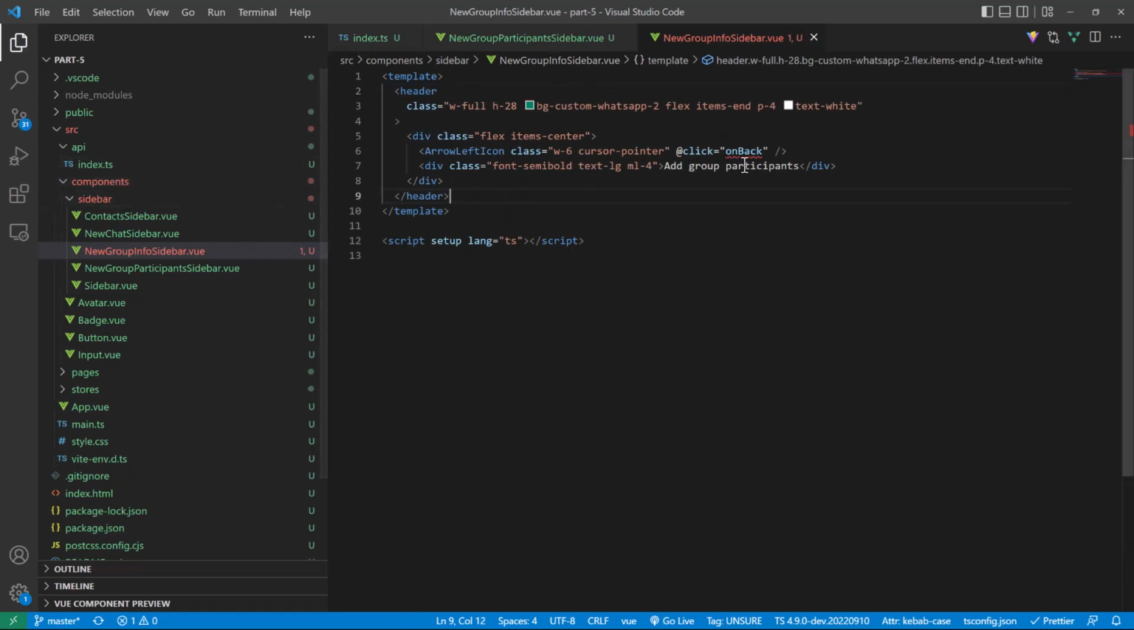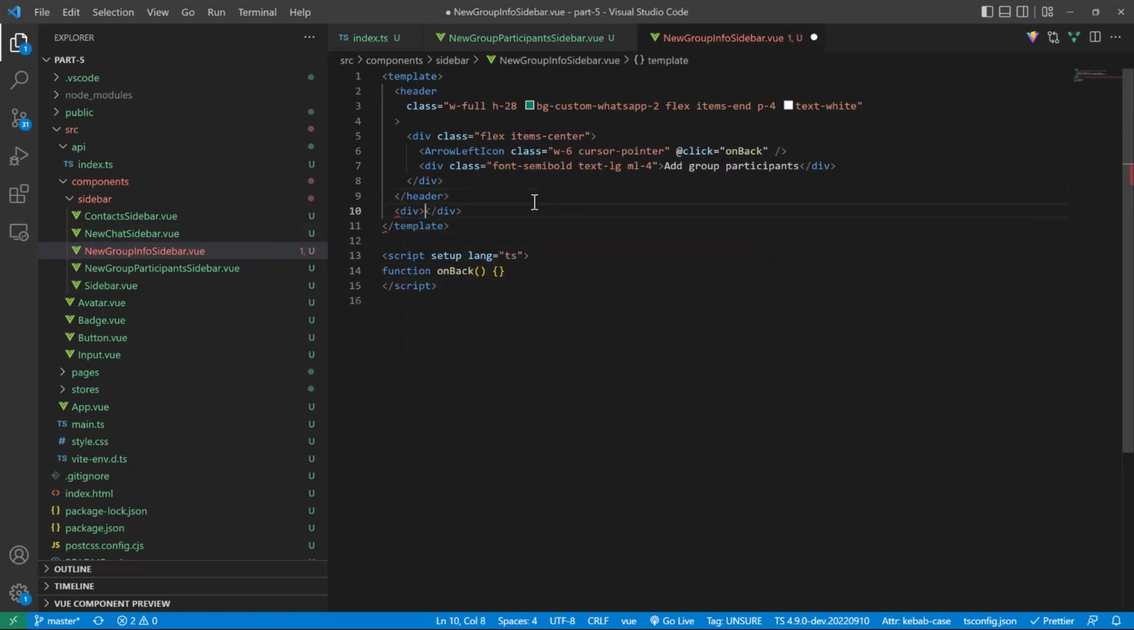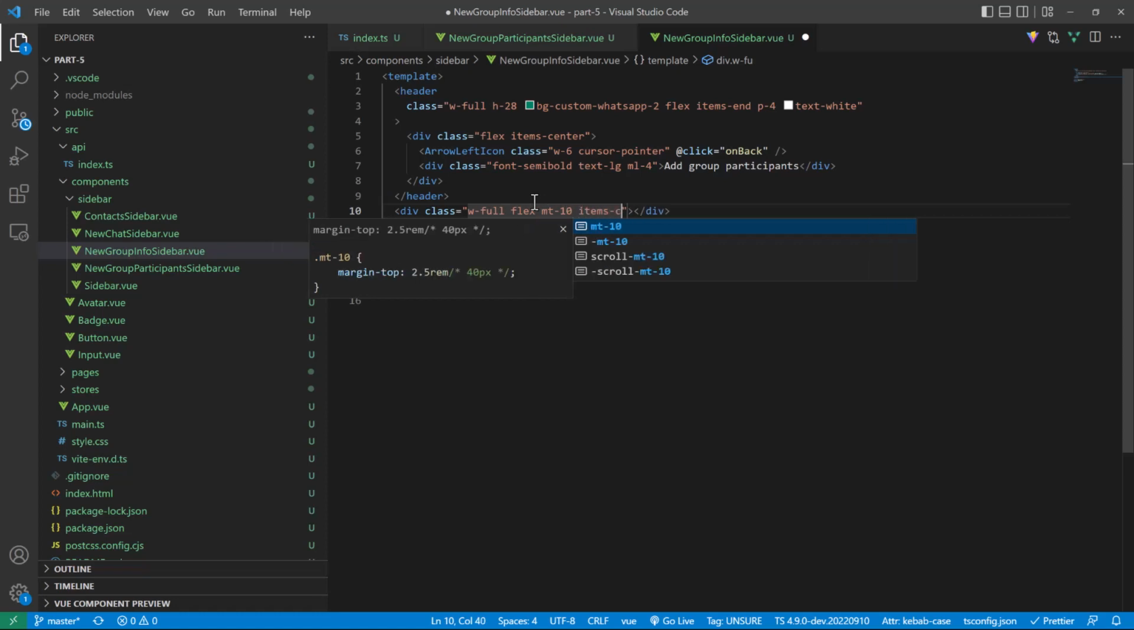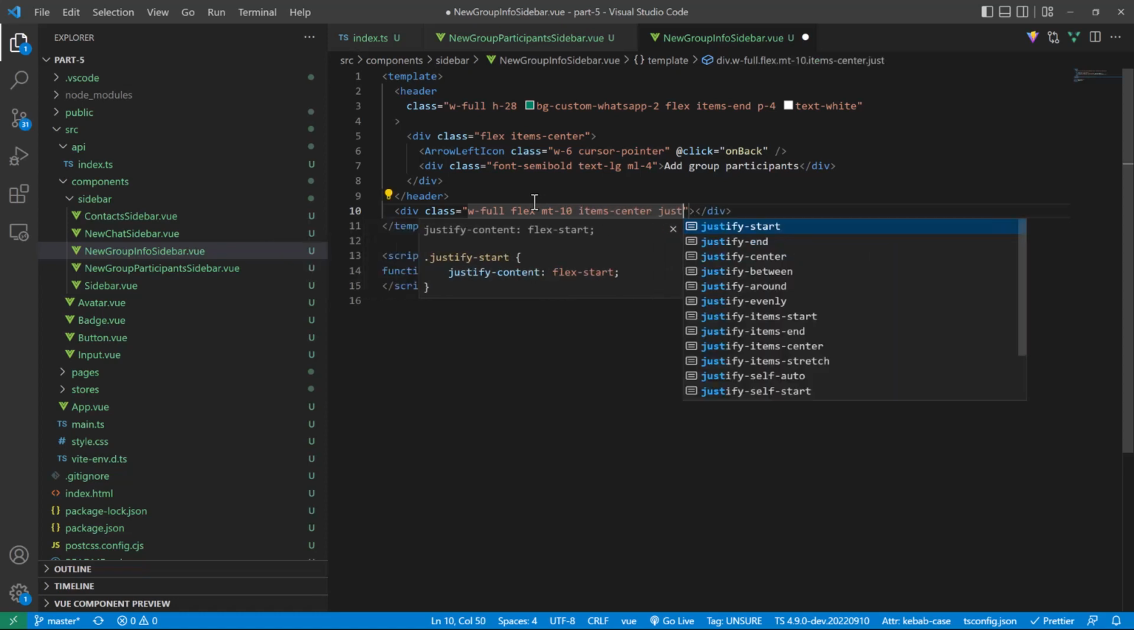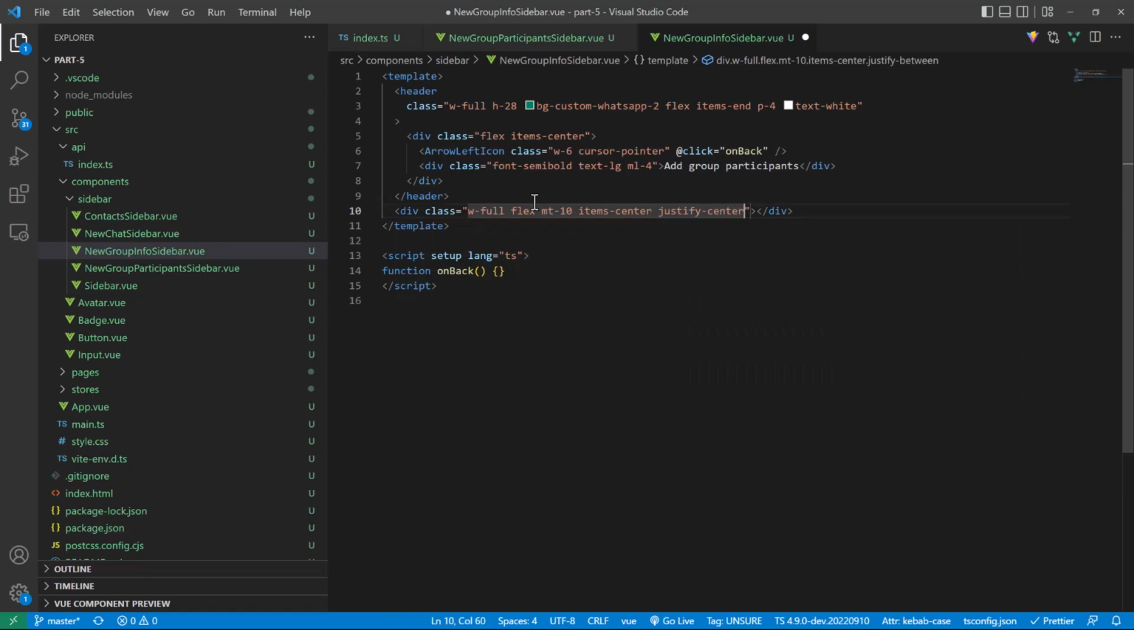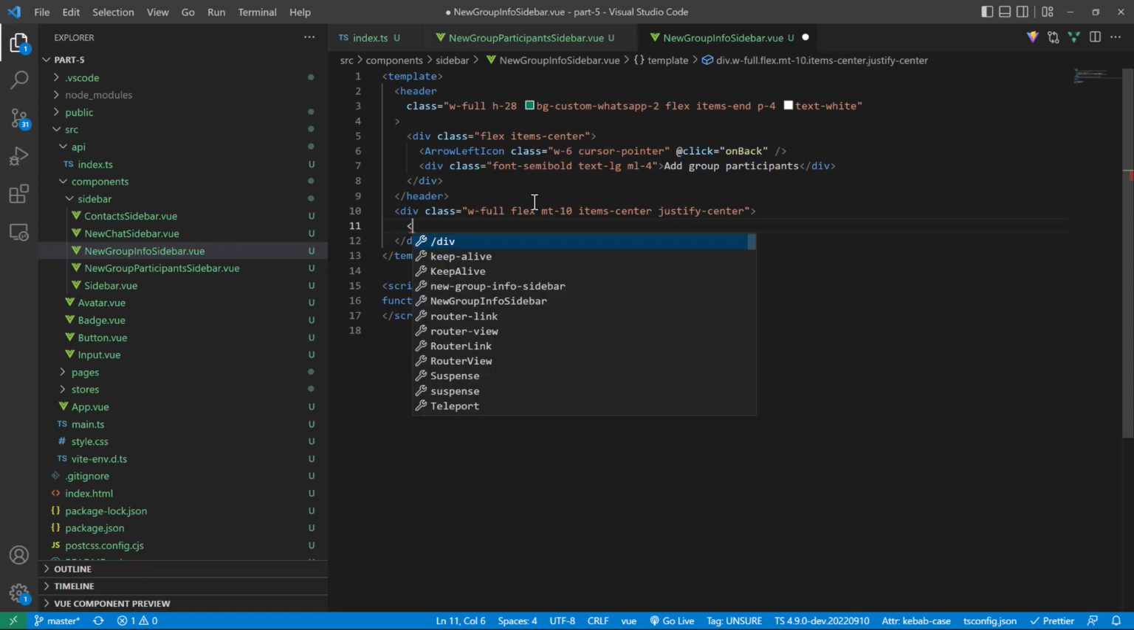On click, we're going to have the on back. So just make a placeholder for that so it's not red. Cool. So that's what happens when I click back. Beneath the header, we're going to have a div, which is going to be width full, flex, margin top of 10, items center, justify center. Now this part is going to be the place where we put our profile image for the group, or the group image rather. So we have a div,